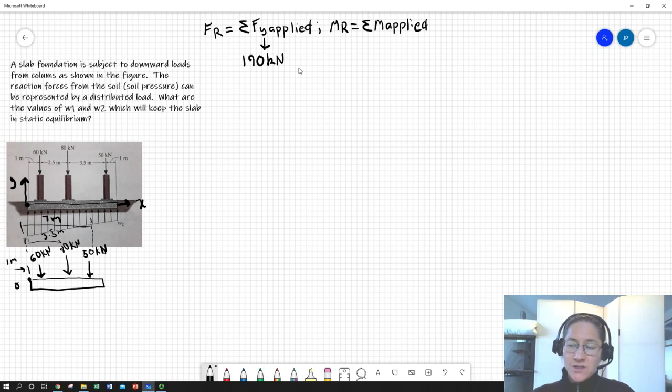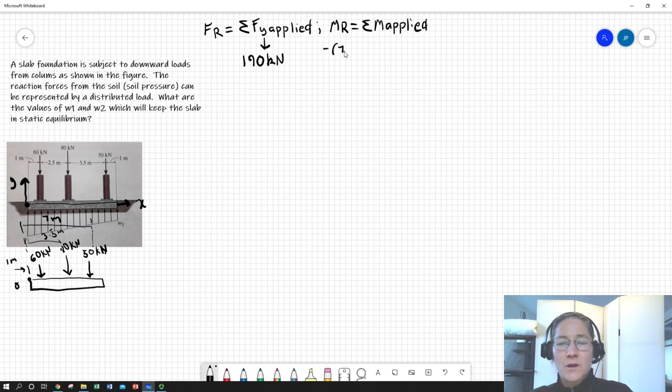So now we just need the relative values of W1 and W2, which is going to determine where we put it. So now we need the resultant moment. That's going to be the sum of the moments. They're all going in the same direction, so we can just say they're all going to give us a negative moment. So we're going to end up with